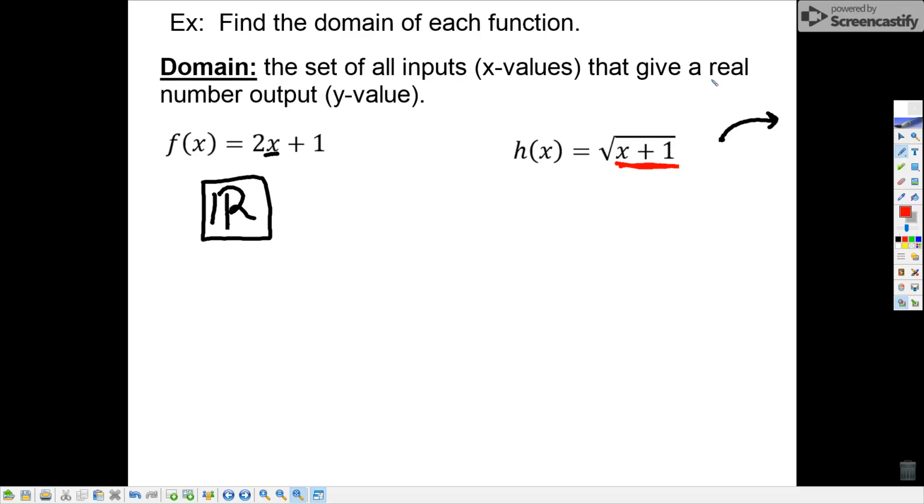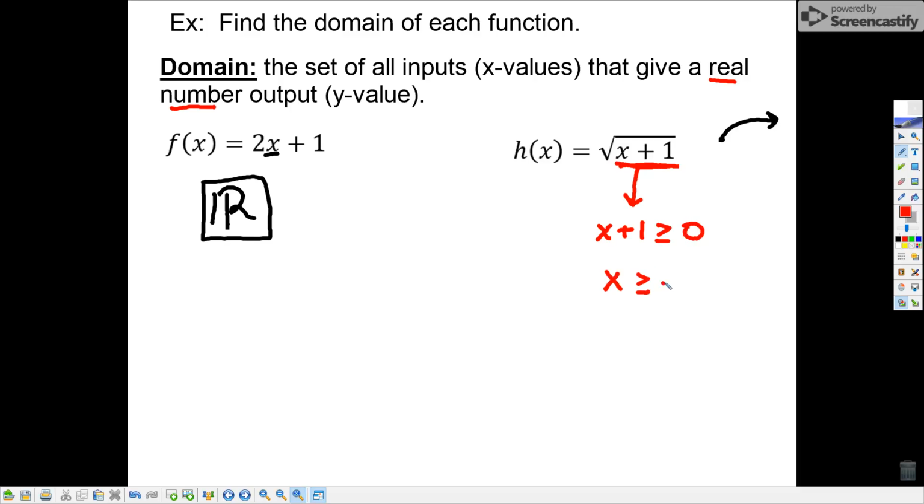And imaginary numbers obviously are not real number outputs. Okay, so the boundary between a negative and a positive number is 0. Now you can take the square root of 0, so I just need to make sure that this expression x plus 1 is greater than or equal to 0,